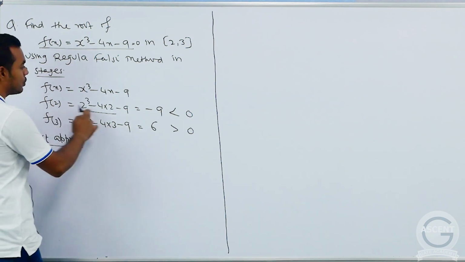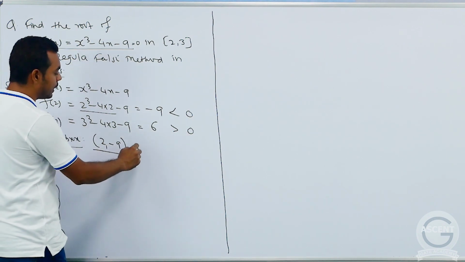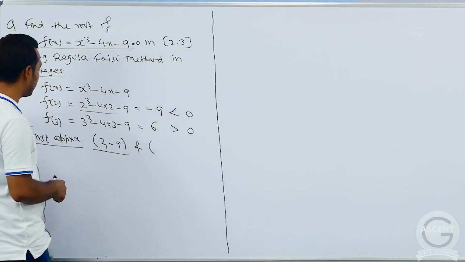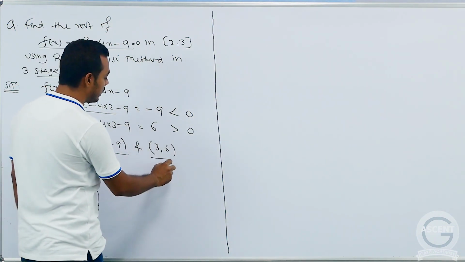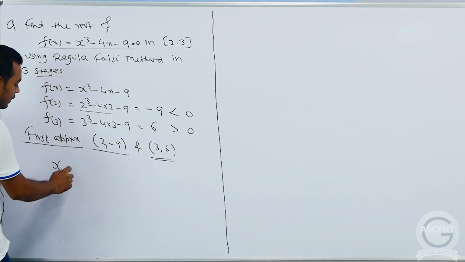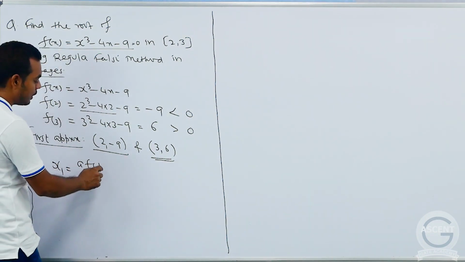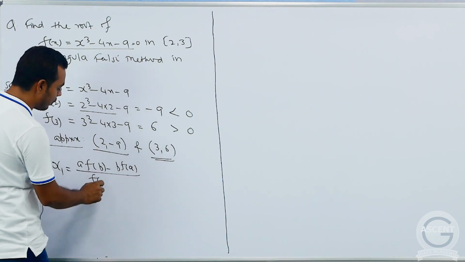Okay, when x is 2, the value of y is minus 9. So one point is 2, minus 9. And another point is when x is 3, the value of y is plus 6. So another point is 3, 6. Now the formula for x1 was a f of b minus b f of a by f of b minus